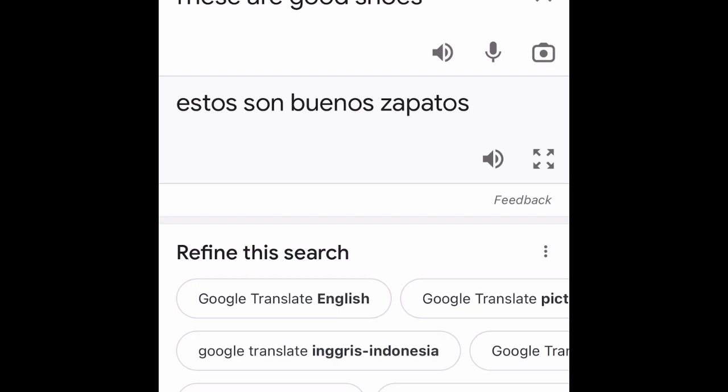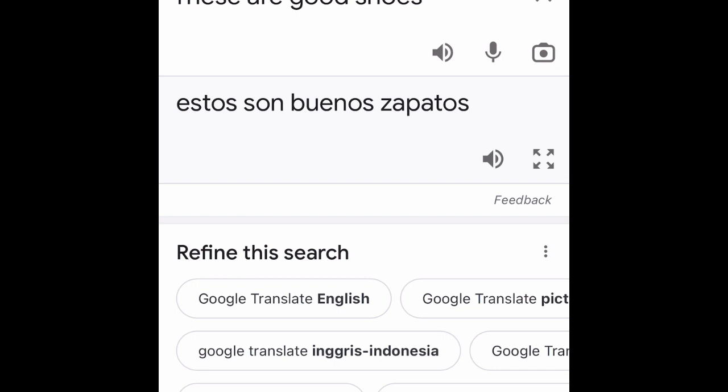So any S that's at the beginning of a word, you pronounce like the regular S. And also zapatos, because the Z makes an S sound, so you pronounce it with an S sound. So the only two S sounds pronounced here are the S in son and the Z in zapatos.